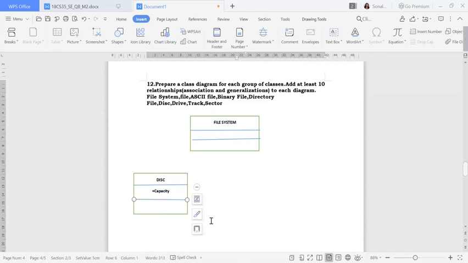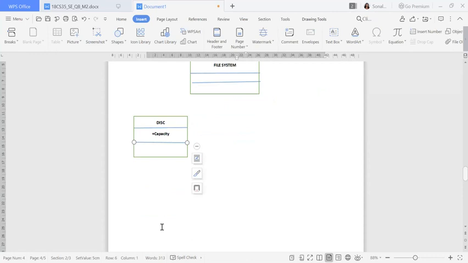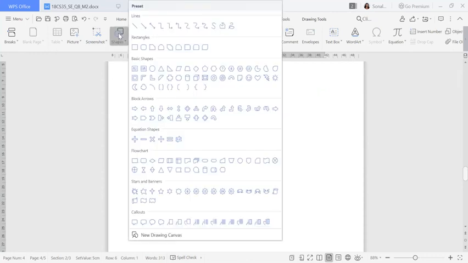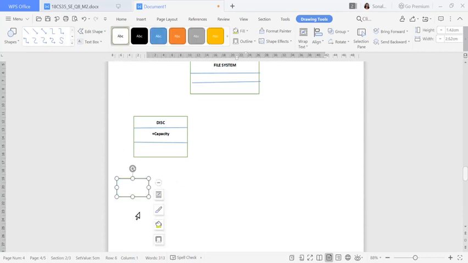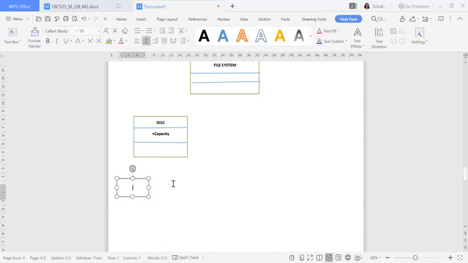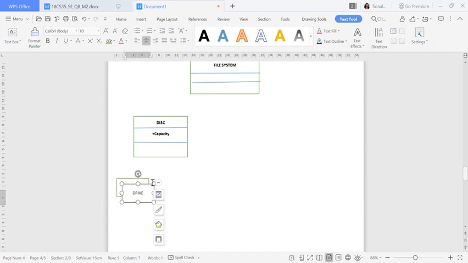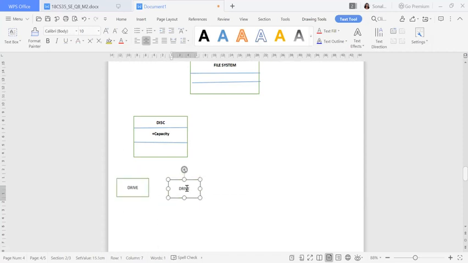Next, similarly, now the disk will be of two types, that will be drive and tracks as per the question. I'll take two more. One side it will be drive and one more side will be track. I'll just Ctrl C, V. This side I can paste it as your track. Similarly, attribute names you can place over here, and always try to divide it. Don't forget to divide.